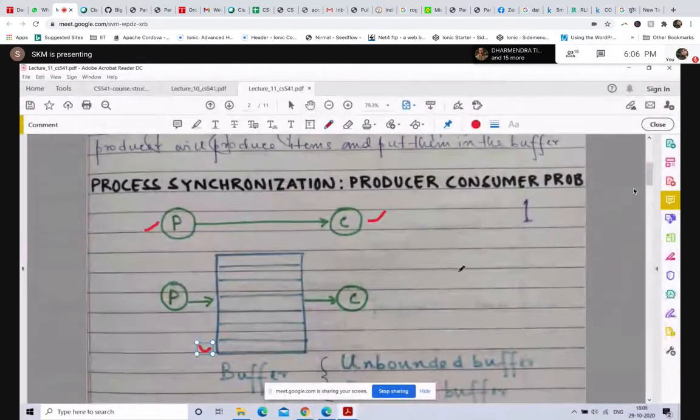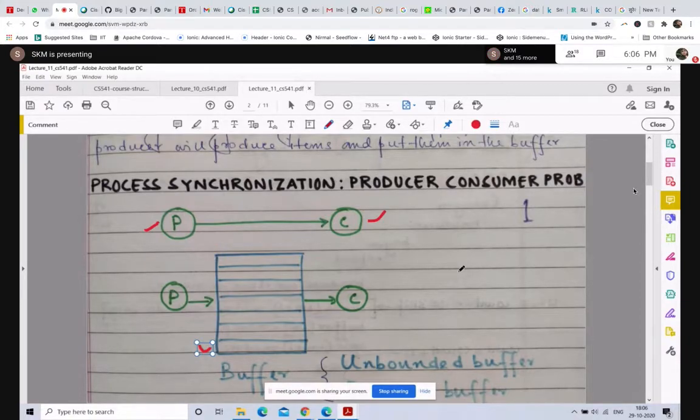Okay. Now, so for the second diagram, instead of directly sending data, you have some intermediate buffer pool. So the producer will produce items and put them in the buffer pool, which is essentially an array of buffers, or it can be an array of buffers basically. And the consumer will consume from this buffer pool. So excess production or excess demand will not be a problem, as it will now be handled by this buffer pool. Okay. Now, even in this case, there can be two types of scenarios.